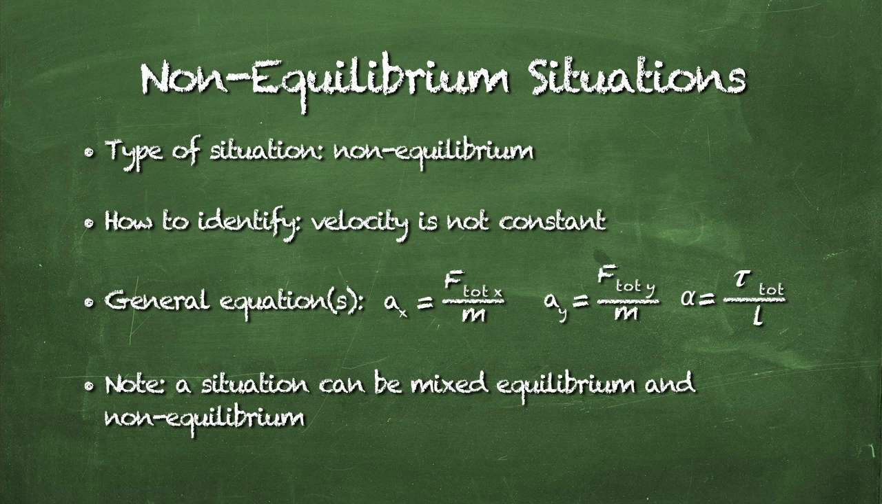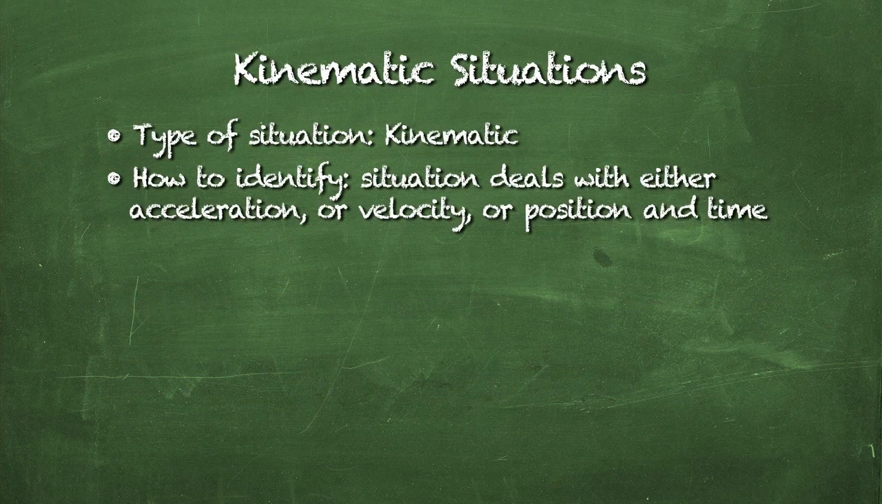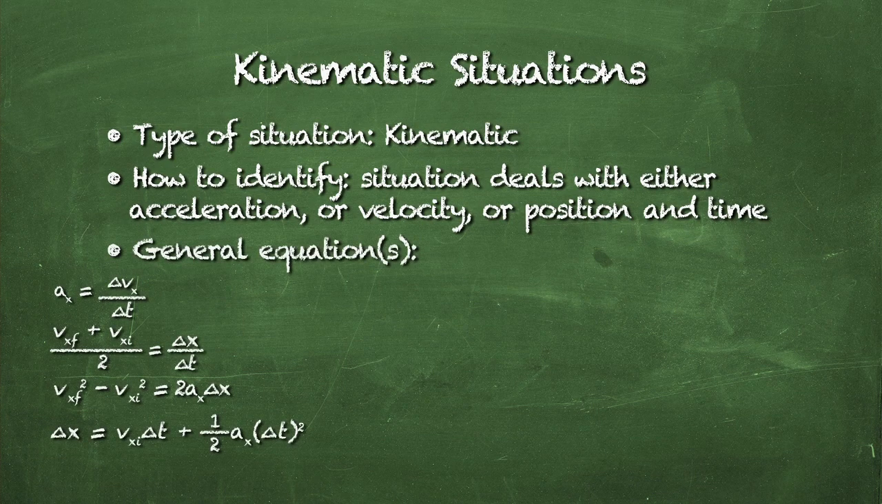Now together with equilibrium situations, we often have kinematic situations. And a kinematic situation is a situation that deals with either acceleration or velocity or position and time. And our general equations for kinematic situations are 4. There are 4 general equations for x, and then we have the same equations for y and the same equations for rotation. For x, they would be the acceleration in the x direction is the change in velocity in the x direction divided by the change in time,